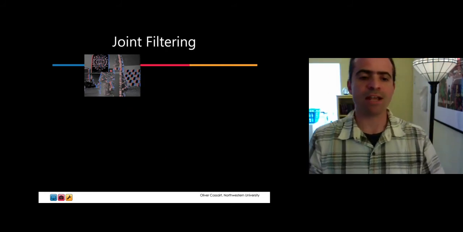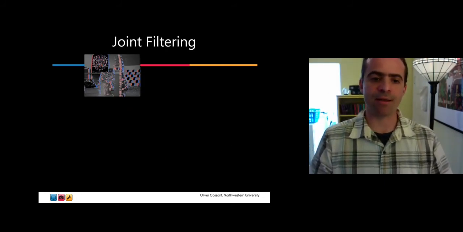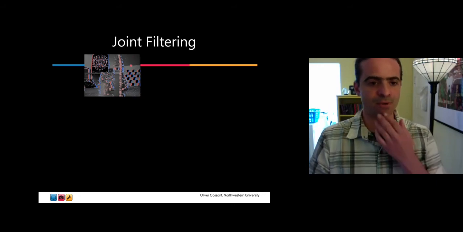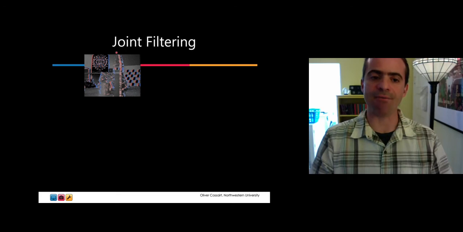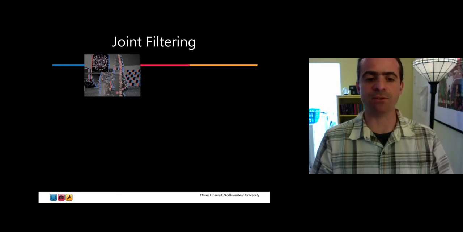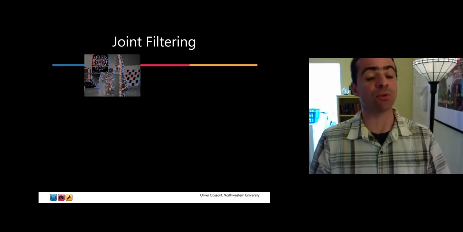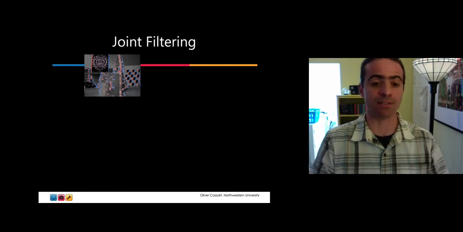So here's an example where we have an event frame paired together with an intensity frame coming from a Davis sensor. If we just average together the events, if we just bin the events without paying attention to what the motion was of each of the objects in the scene, we get something